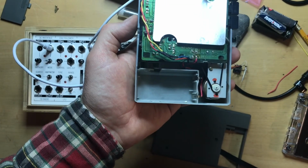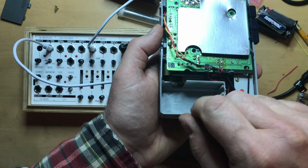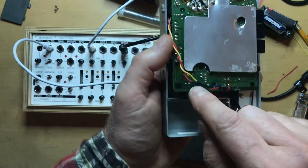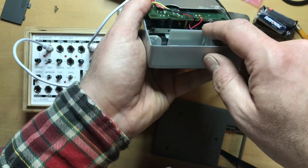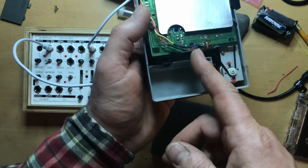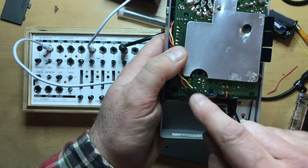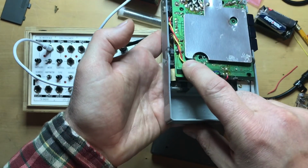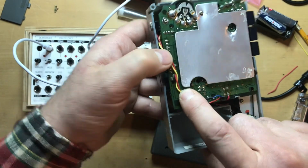And just one last little note about the wiring. So I did end up heating up the heat shrink tubing to protect those contacts from any damage or from shorting out on anything else. I've routed the wires down here and up through the original tab in the circuit board that they came up from, but now they're going off in this direction, and I may use a dab of hot glue here to keep it in place about there so that it doesn't interfere with these other wires, and that I can close